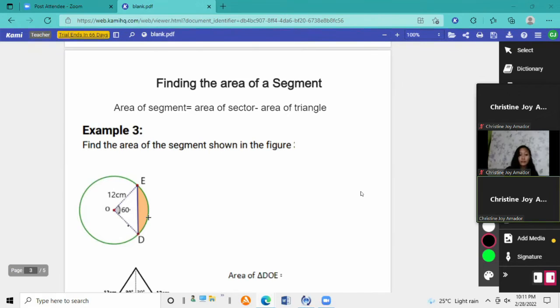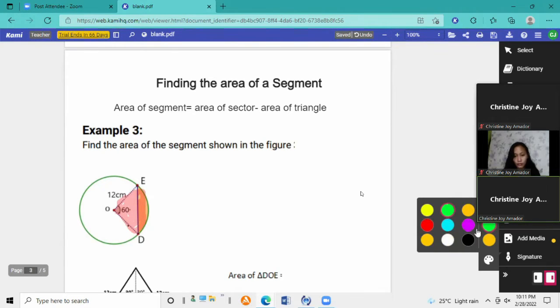The area of a segment is the difference of the area of a sector, this whole one,